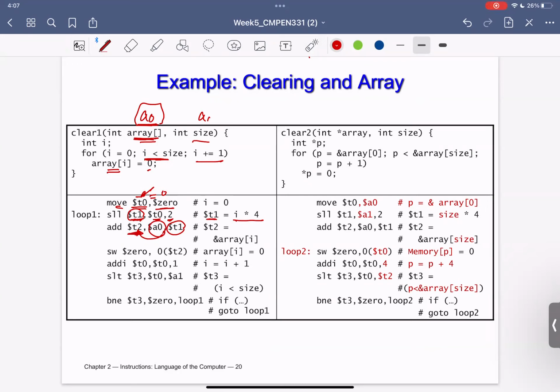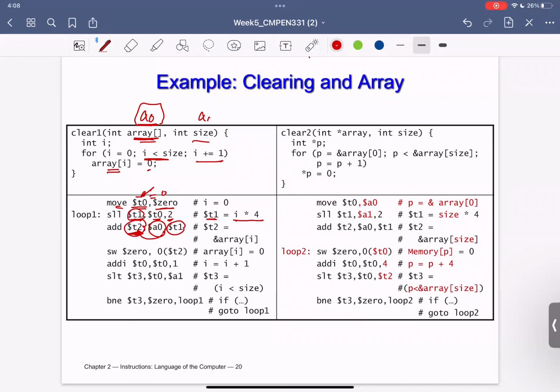Suppose I would like to know the address of array of I, which in this case is 1. If array of 0 was 200, then array of 1 will be 200 plus 4, 204, correct? So now I know that 204 is pointing to the array of I that I am interested in. So now I am pointing to the correct address by the value in T2.